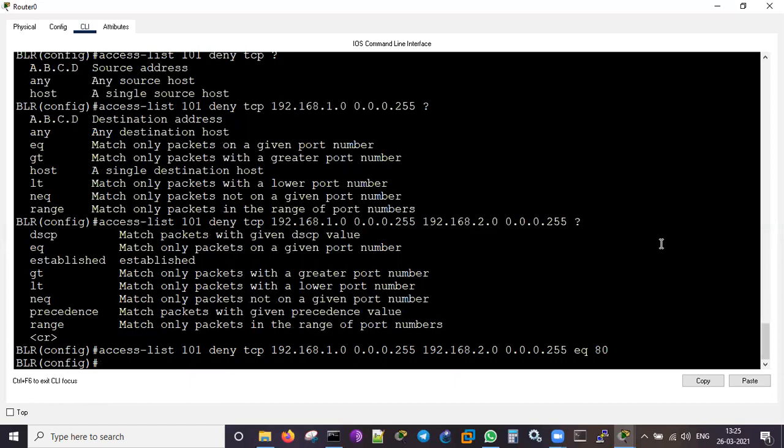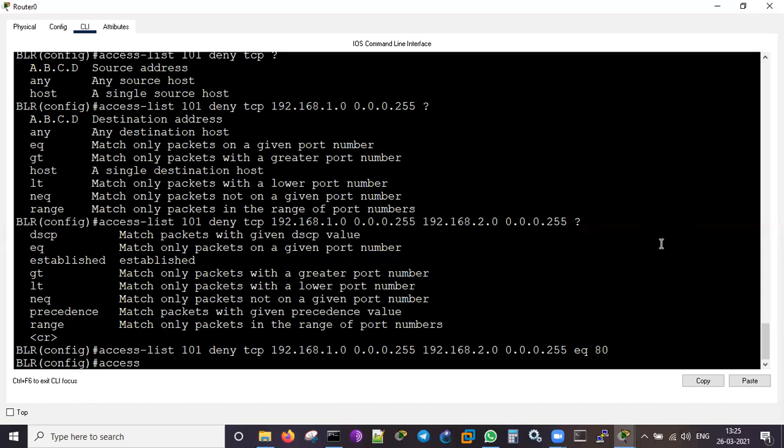Our aim is to block only the HTTP access. Other protocols, whatever they may be, should be permitted. So I just need to write that line. That line has to be written, else everything else will get blocked because of the access list. The procedure is like that. At least one permit statement has to be written in the access list. Otherwise, everything will get blocked because there is an implicit deny any in the last line.